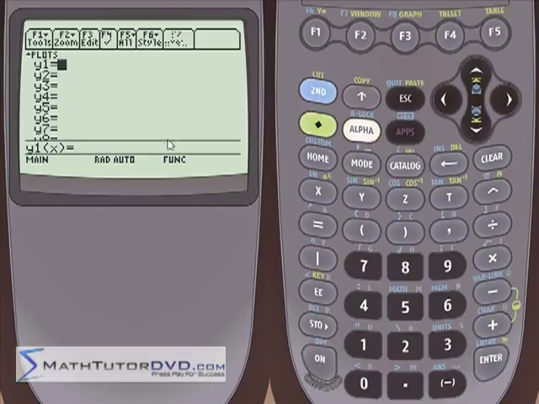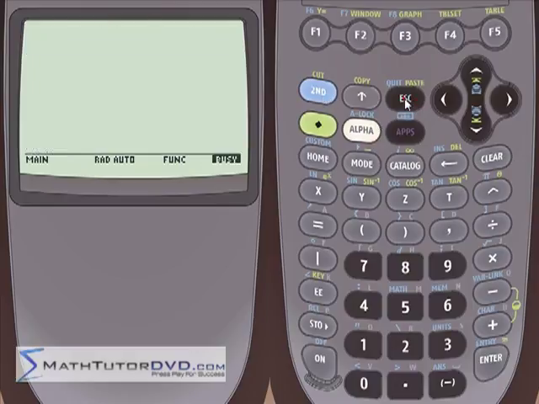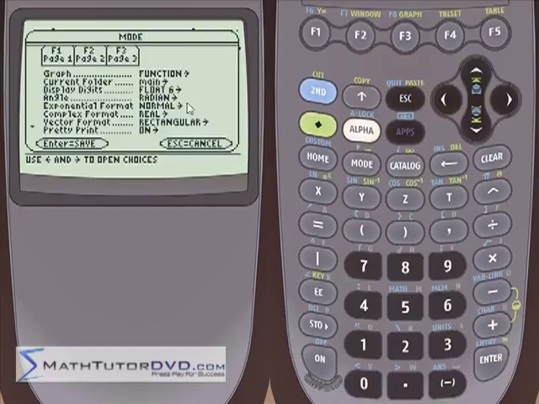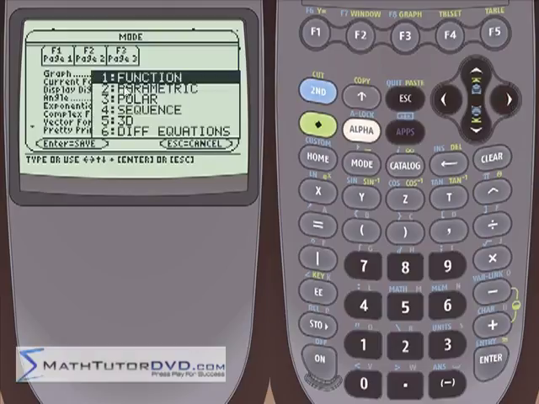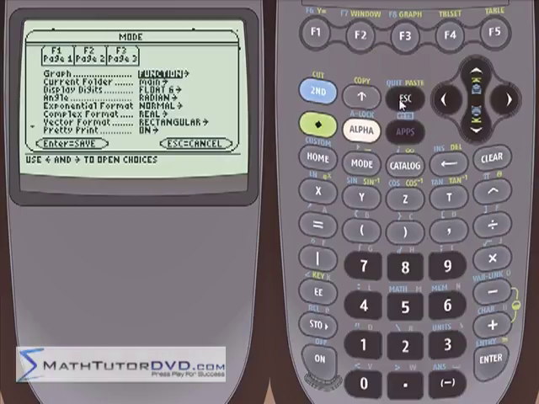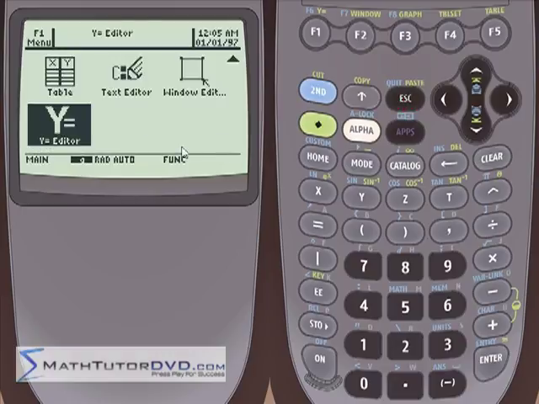Before we go any farther, I just want to point out that the status line down here says function, func. That means we're in function mode. Let me exit out of here really quickly and go into the mode menu. The very first thing says that we're in function mode. That means we're graphing functions. If we fly this out, there are different options: parametric, polar, sequences, three-dimensional functions, and differential equations. Those are more advanced things we'll get to later. Right now we're graphing regular old functions, so we're going to stick right there. And you can see that represented right on the status